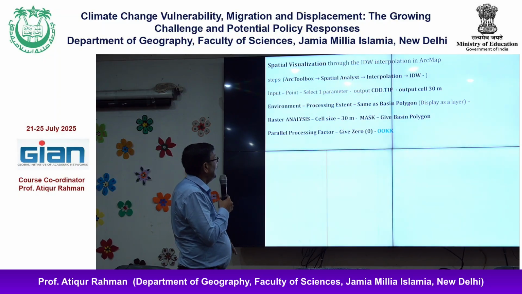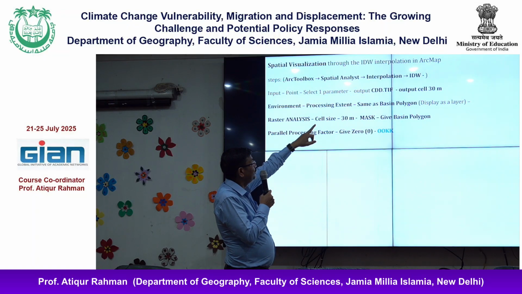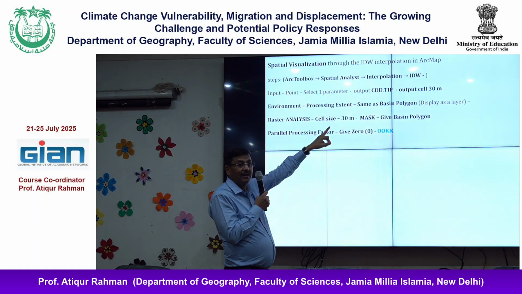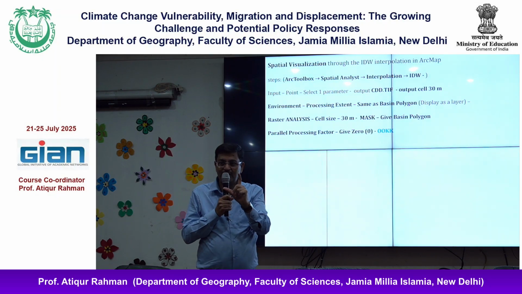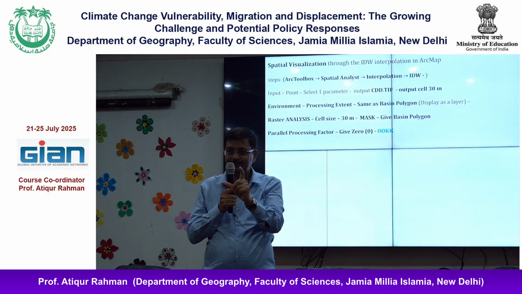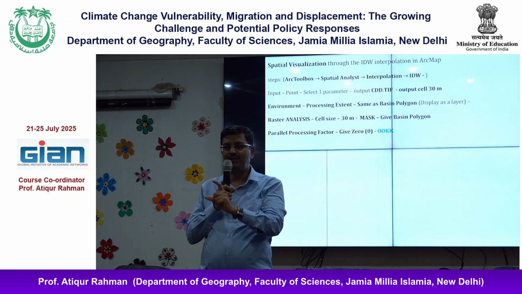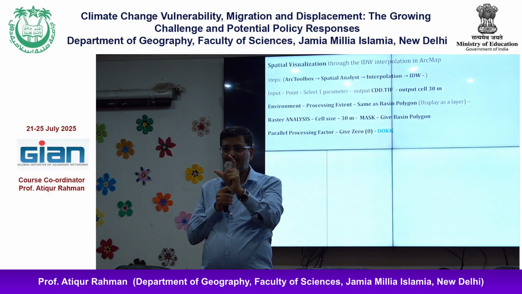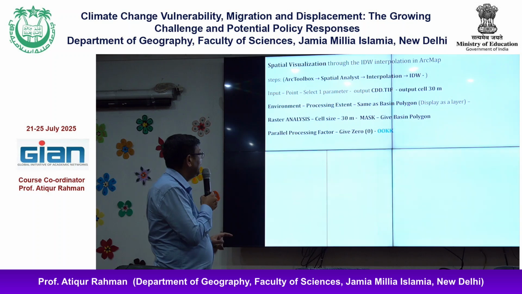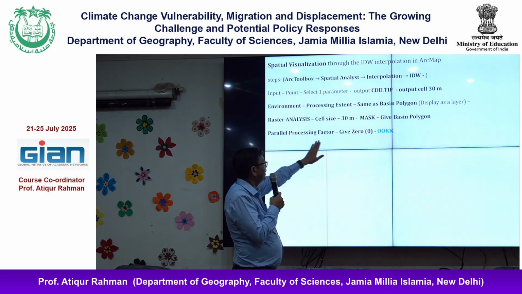Go and ask. Okay. Then these are different steps. You choose a file, consecutive dry days CDTD, give the extension TIFF, and define the cell size, because each satellite data has its own cell size, right? So 30 meter if you are using Astra data, and 60 meter if you are using any other data. Then you have to have the same cell size as this IMD data. Then go to processing extent and select the basin, and then these are the steps.